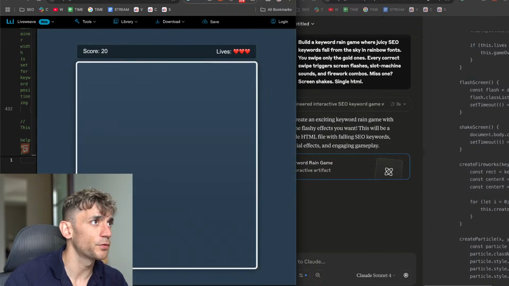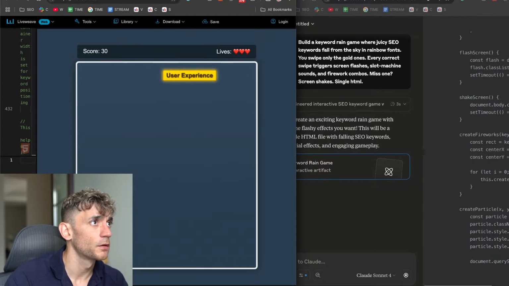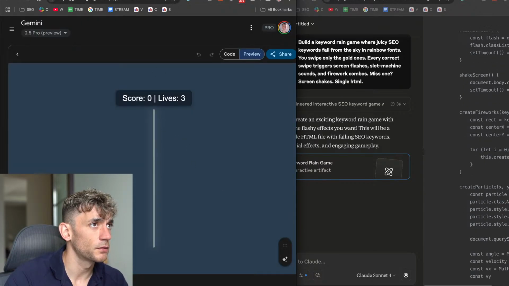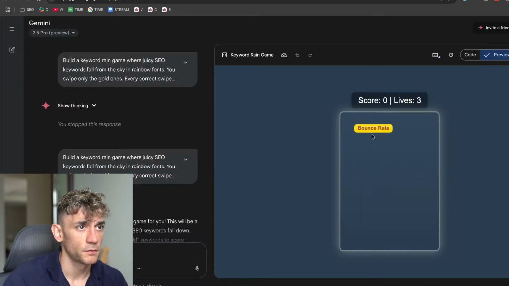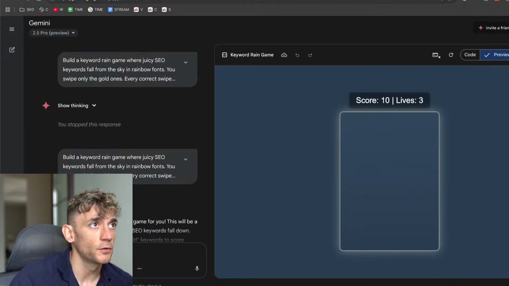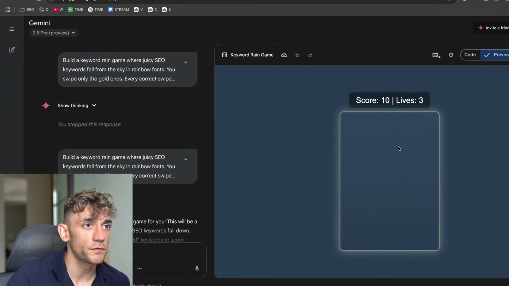It's okay. Pretty average, to be honest with you. Let's have a look at Gemini's output, what we got here. Very similar, to be fair. But it looks better inside Gemini than it does in AI Studio. AI Studio and Gemini are both using 2.5 Pro to build stuff out. But you can see how it doesn't work now, actually, which is weird. You see how it's not generating anything else there?